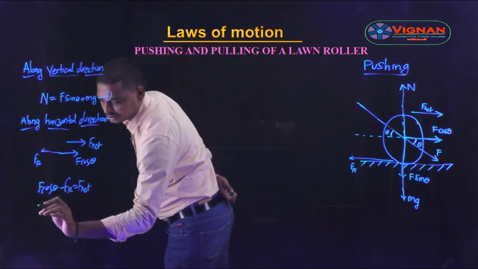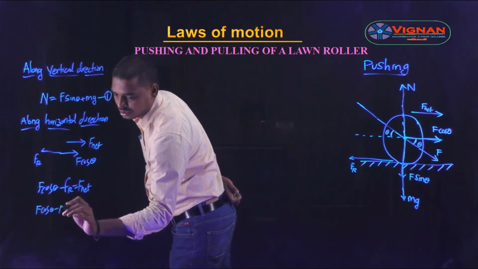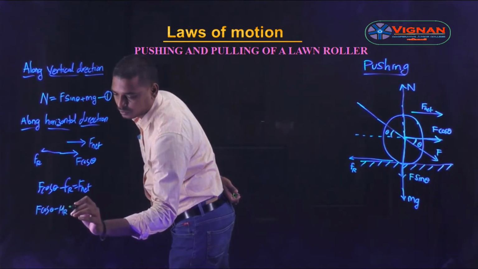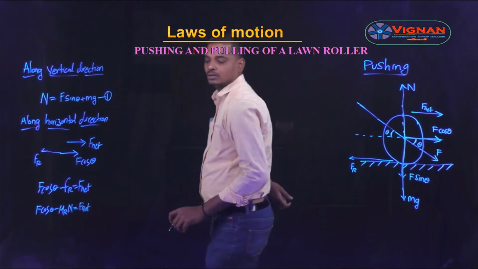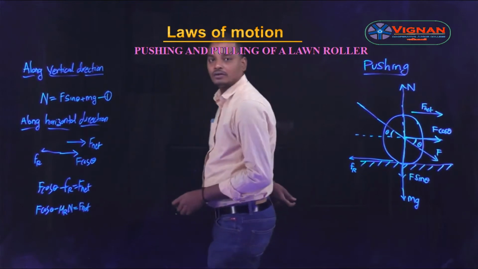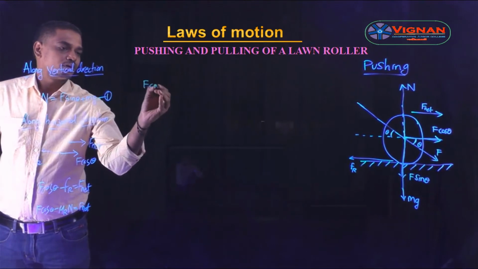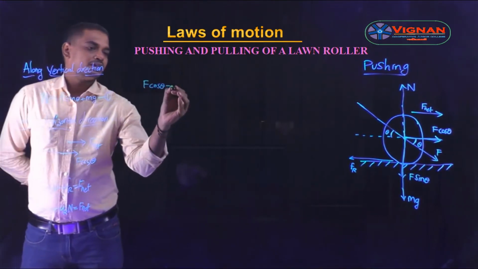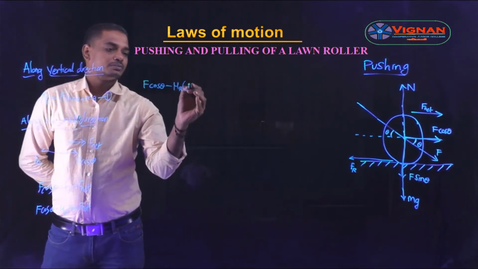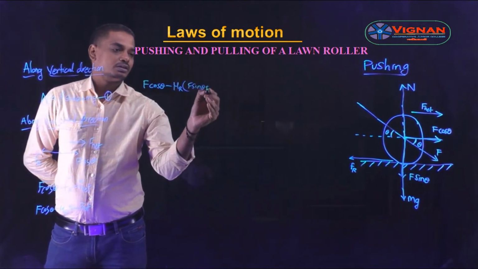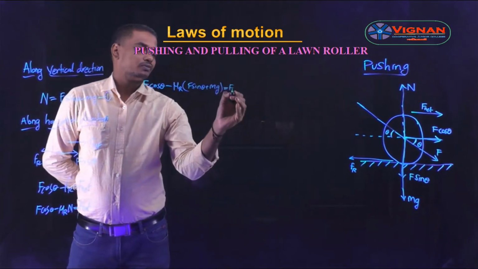Okay, F cos theta minus Fr, which is the rolling frictional force equal to mu r into normal reaction N, is equal to F net. From the equation 1, let us substitute the value of N in this equation. So the equation can be written as F cos theta minus mu r into the value of N, which is F sin theta plus mg, is equal to the net resultant force.